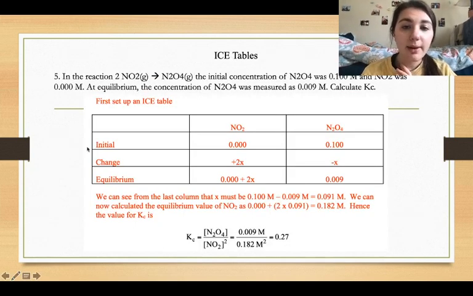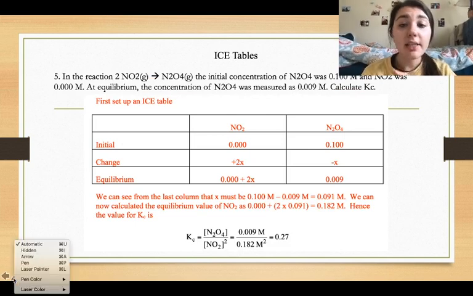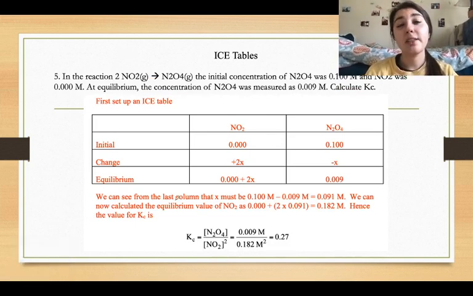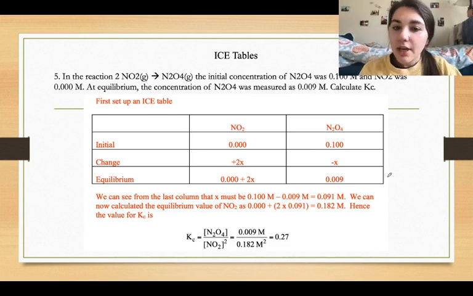All right, another thing from ICE tables, and this is when we are simply given things. I think this is the most missed one because it's so straightforward that we forget what's going on, and that can be an issue. So this is the one where it gives you X and then we solve for the equilibrium constant. So again, it says in this reaction the initial concentrations of nitrogen